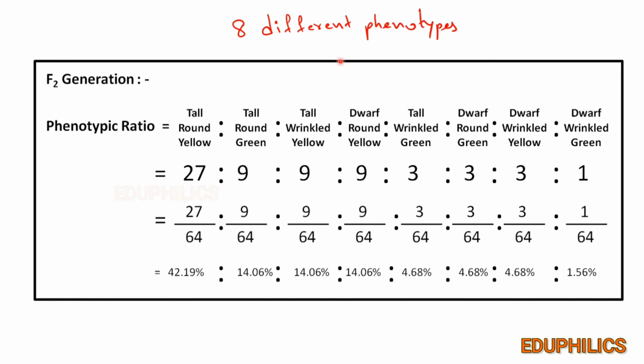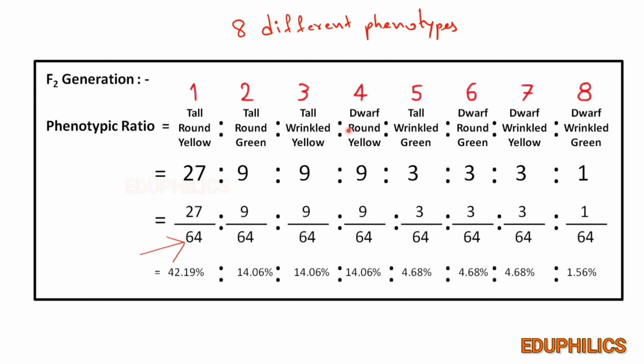There is a slight confusion here for some students when you are trying to answer questions. If the question is how many different phenotypes may form in F2 generation in this cross, there are 8 different phenotypes as you can see. But if the question is how many different gametic fusions are possible in F2 generation, the answer is 64. You would have noticed in Punnett square that 64 different gametic combinations are possible. So while answering questions basing on this cross, you must be slightly careful.